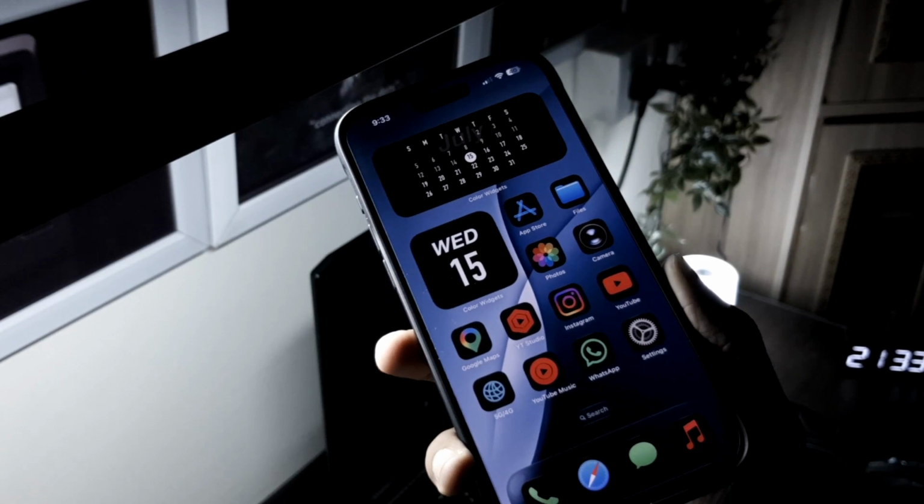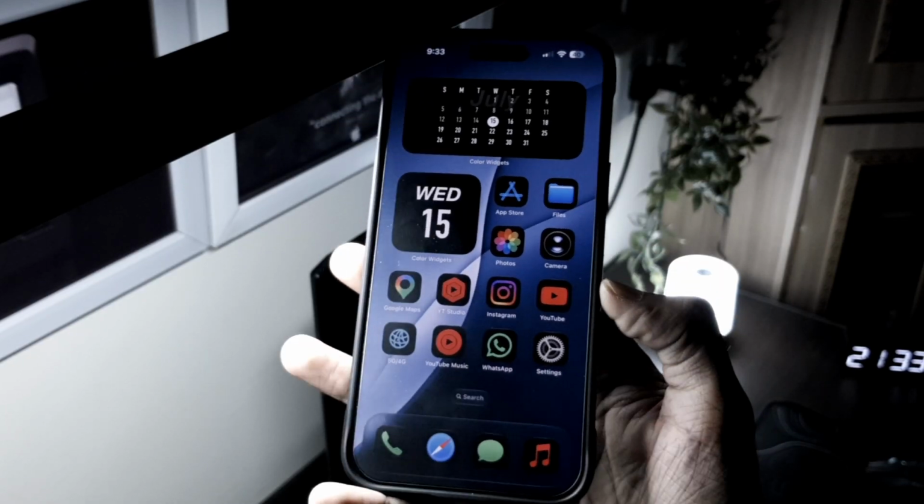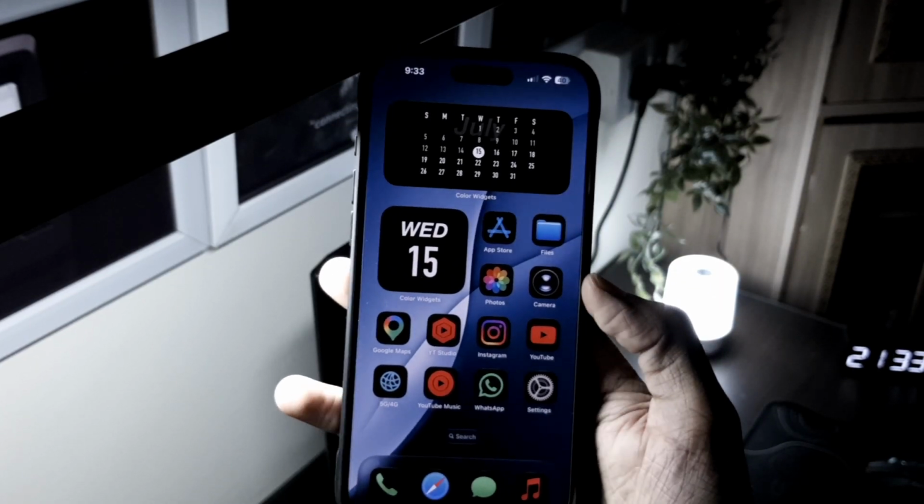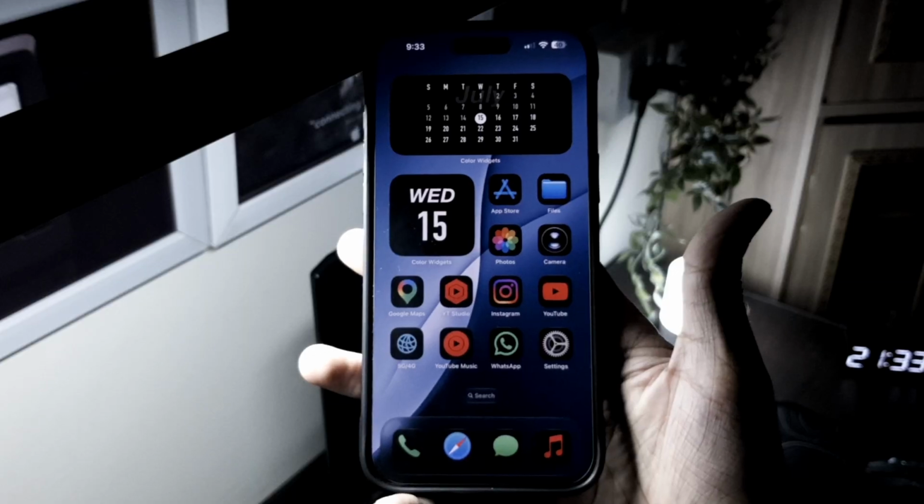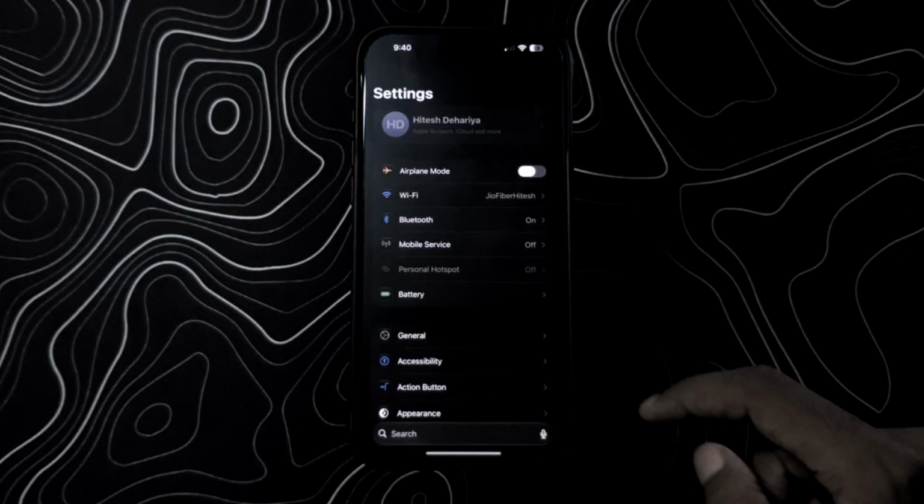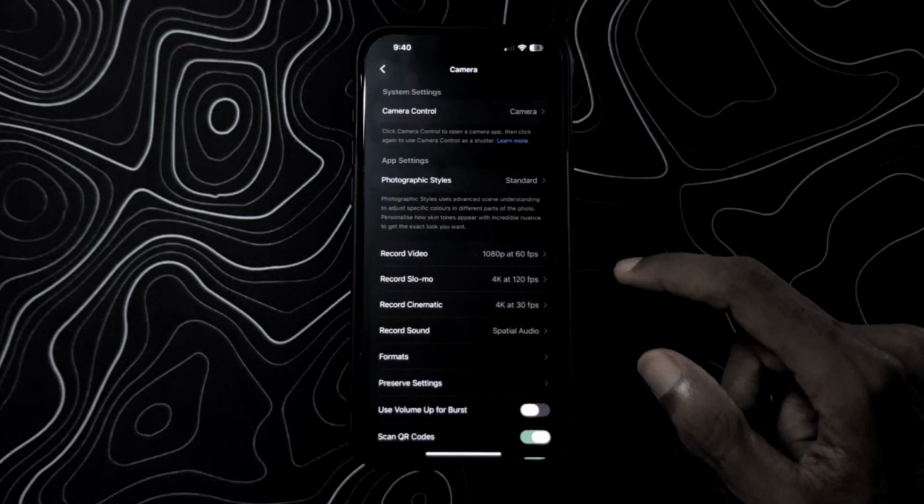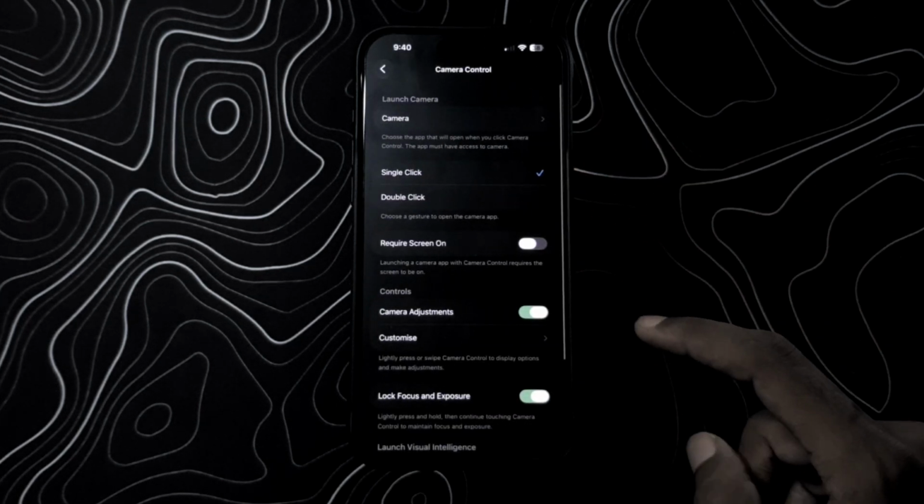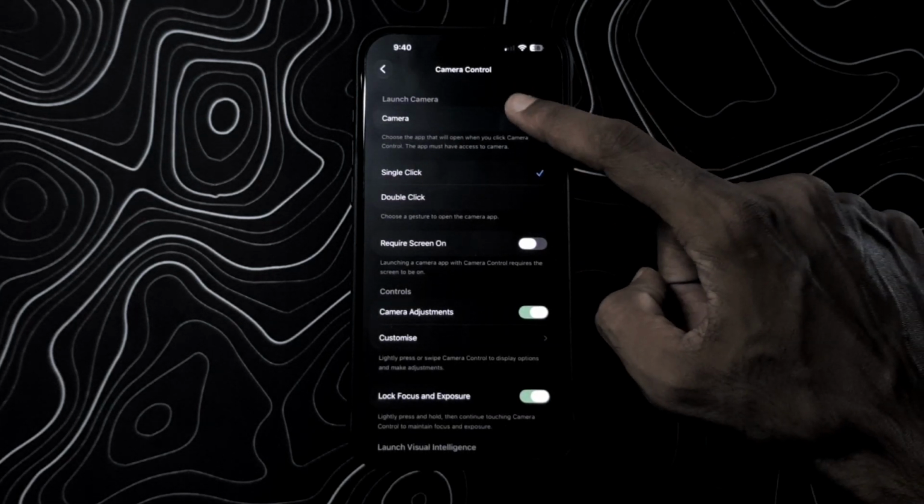Yes, you have the action button as well, using which you can launch the camera. But now you have a dedicated camera button so that you can silence your phone when you want to using the action button. I use the camera control button for two main reasons: quickly launching the camera and adjusting the